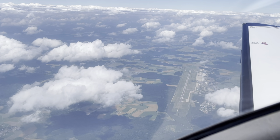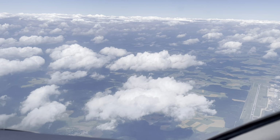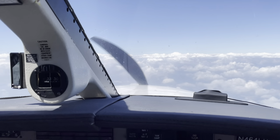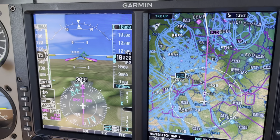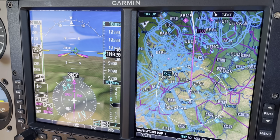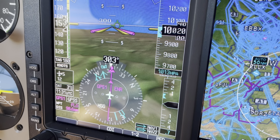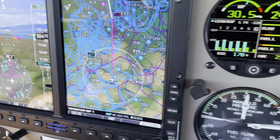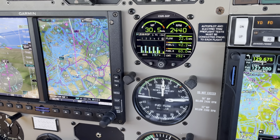Okay, so Frankfurt Hahn just below us. We're now en route from Schwäbisch Hall to Gloucester, and on this route we've decided just to go to flight level 100 or 10,000 feet. A couple of reasons being that we're getting a true airspeed of about 179, 180 knots with a 12 knot headwind. And because generally the piston aircraft tend to operate at the same sort of fuel flow, about 22 gallons an hour,